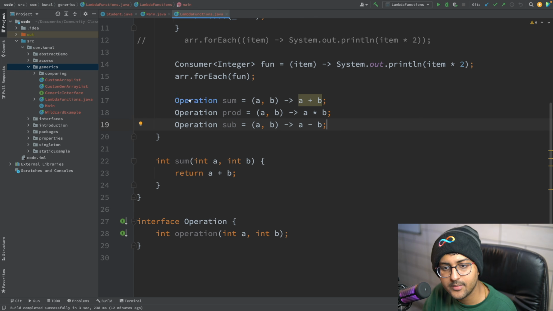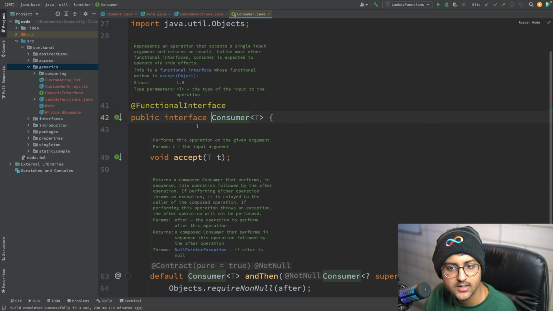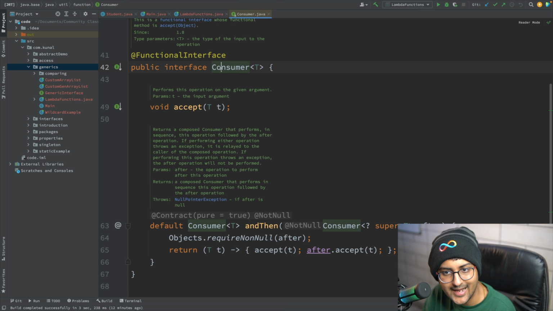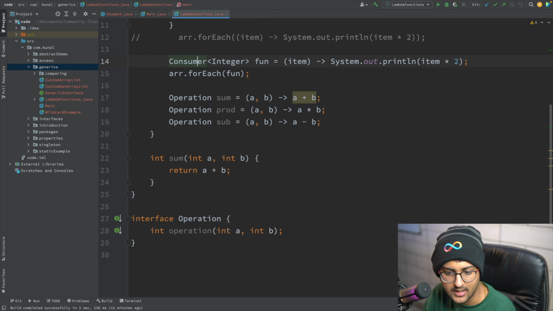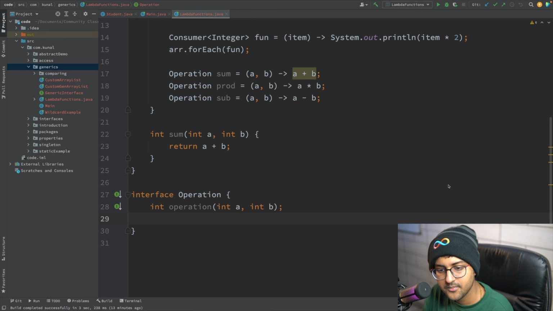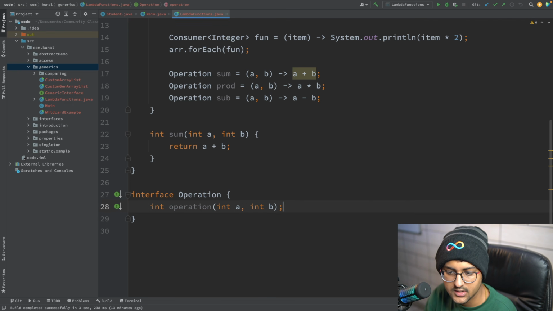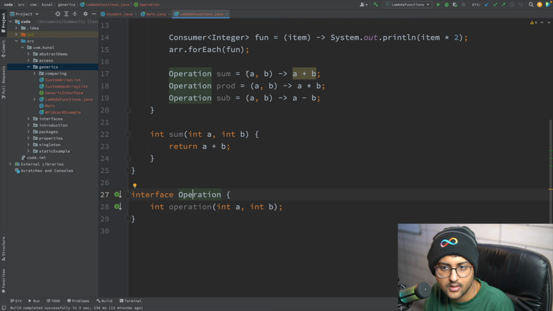Cool. So why am I storing this in an interface? Because this is also an interface. So I am actually making a type of consumer. It only takes one item and stuff like that. Here it's taking just one, I'm taking two. So I'm actually making a type of same thing. So lambda expression, in short, you can assign these to variables that are of type interfaces, because the implementation is provided here. That's it. Obviously only one abstract method will be available over here. If you make more than one, you'll get an error. So just a simple trick to store your lambda functions.